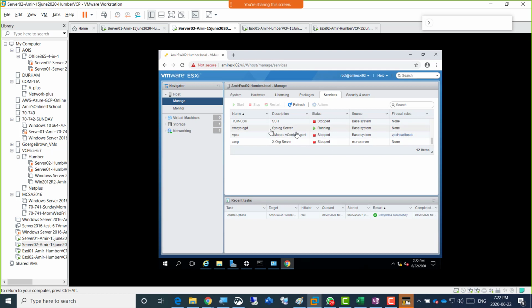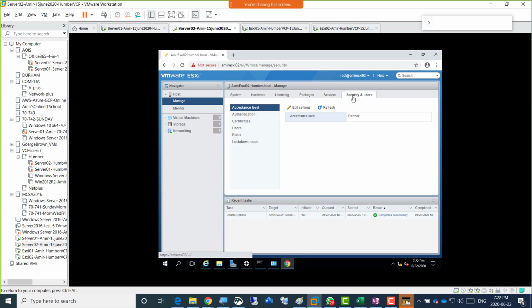So all the log files, if you need to retrieve them from vCenter, you can do that. If I go up, there's load-based teaming. Basically some critical services are started, but not all services are started here. If we go over to security and users, the next tab, then you can see that acceptance level